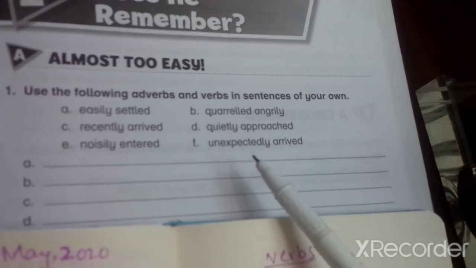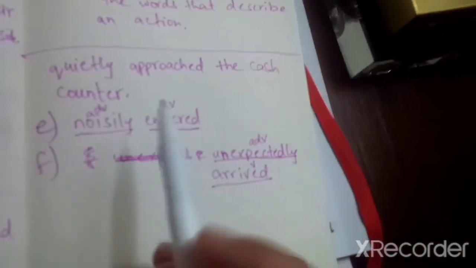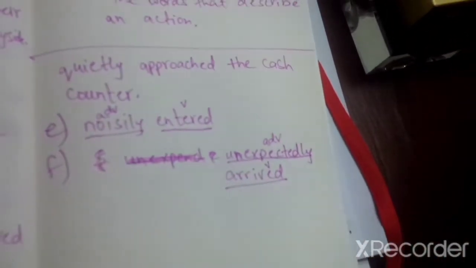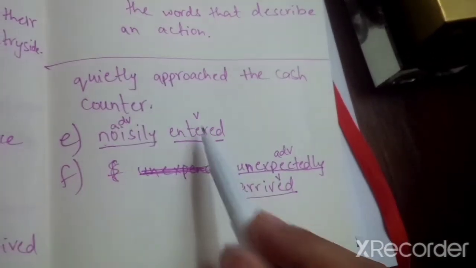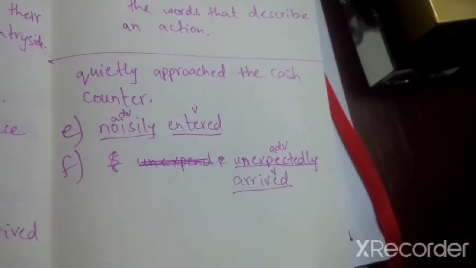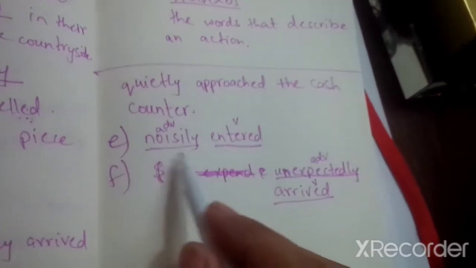Now these were the 4 sentences that I made for you, and you have to make the sentence of part E and part F by yourself. I will explain these 2 phrases to you. Now noisily is the adverb in E part, and entered is the verb. Entered means to go in somewhere, and noisily means something that is